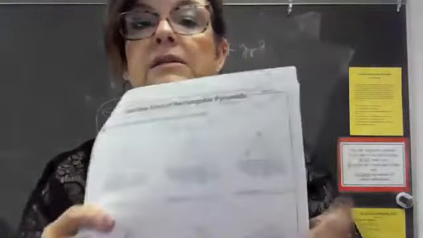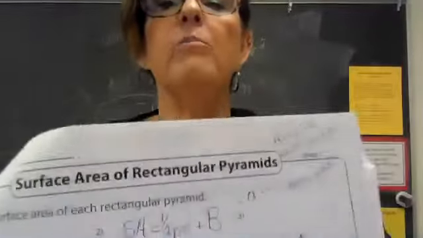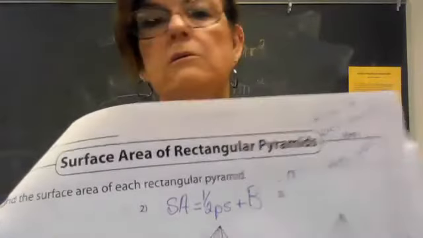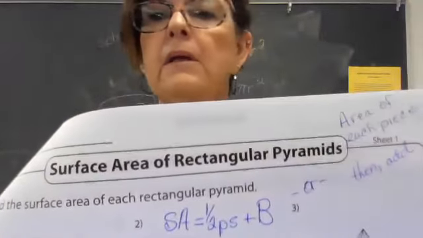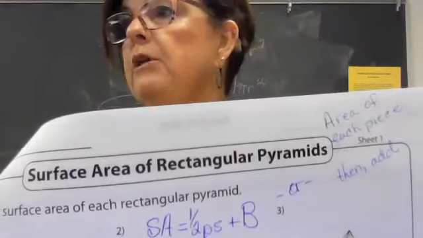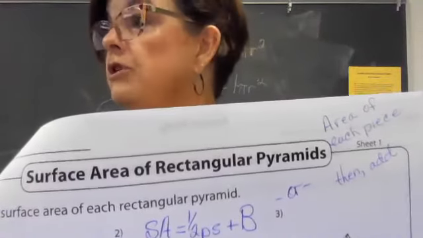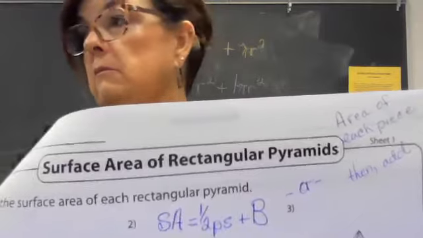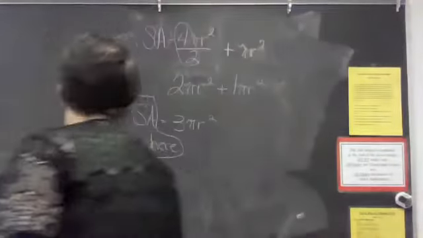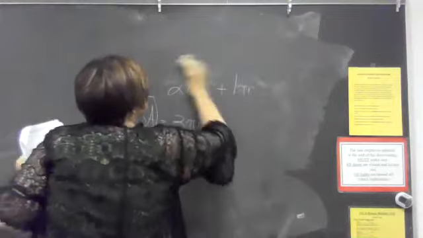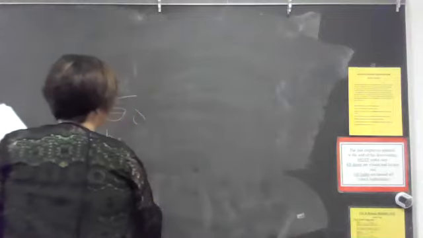Okay. And then your last page says the same thing, but it says surface area of a rectangular pyramid. Right. Believe it or not, they're the same formula. Okay, so I'm going to give you the formula, and then if you still have questions, be sure and ask me. Yes? Okay. So the surface area of a rectangular or a square pyramid,